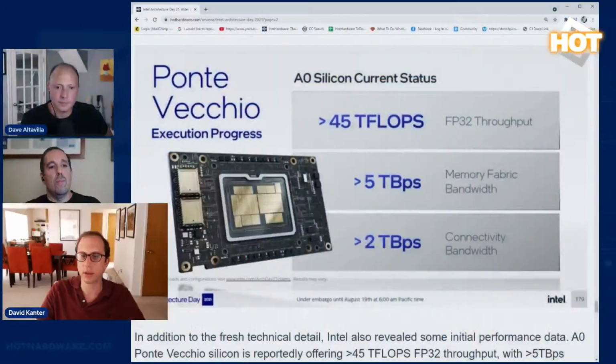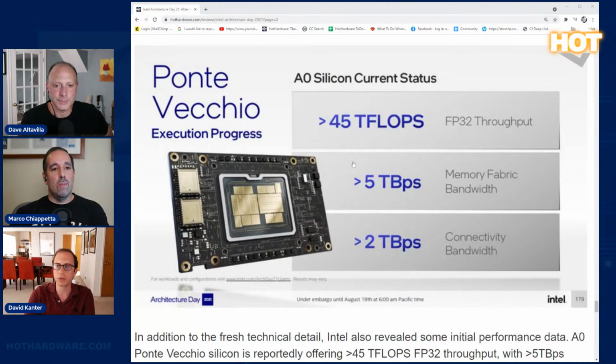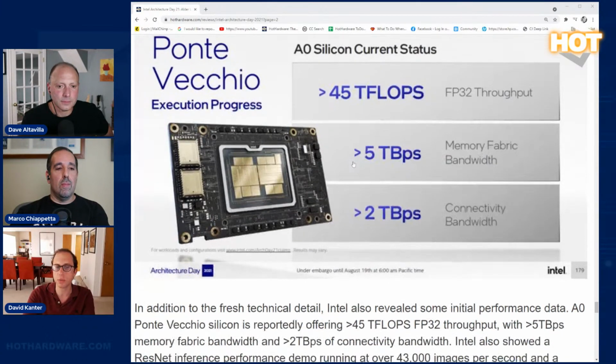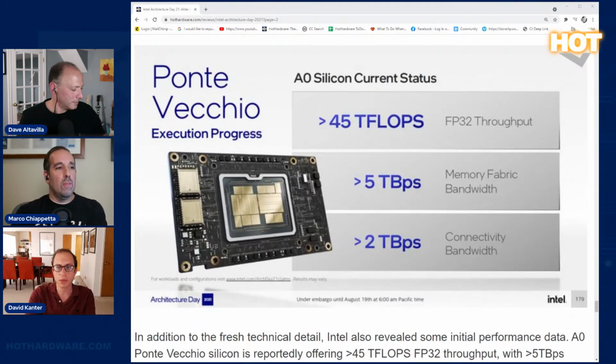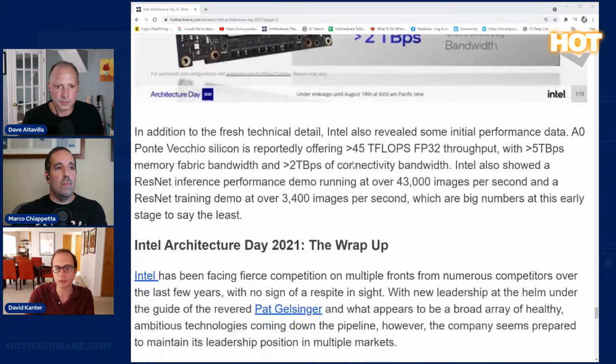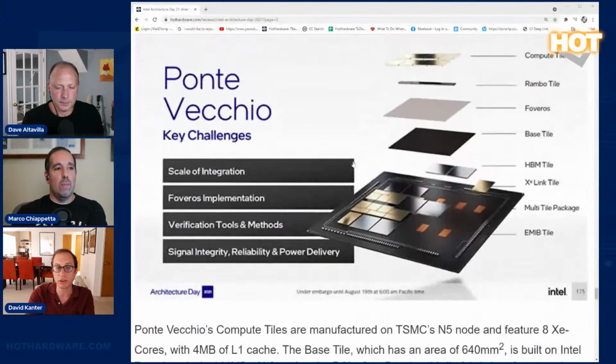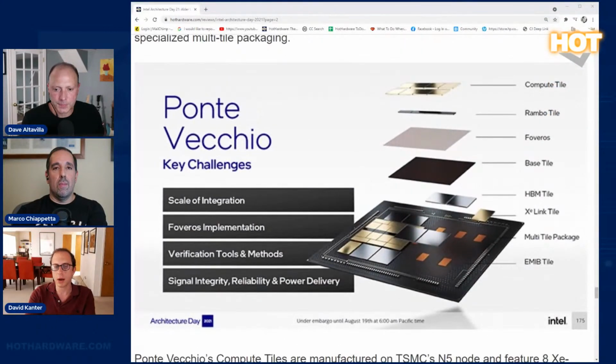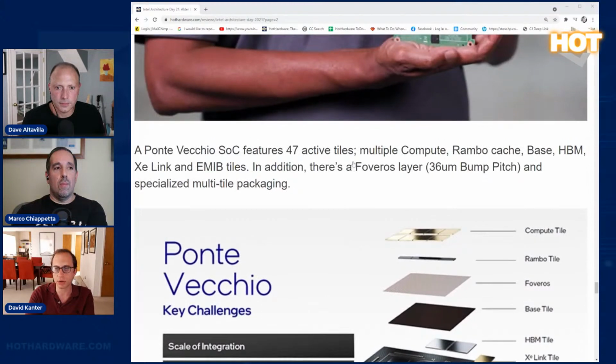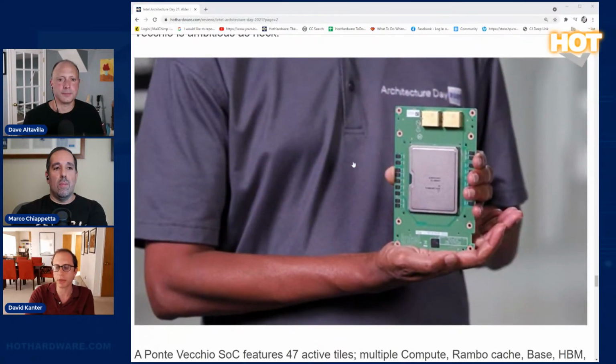So I think HPC is absolutely the low-hanging fruit, the easiest one to approach. But if you look at the matrix units, those are handling bfloat16, which is great for a lot of machine learning. It handles FP16, which is often good for vision applications of machine learning. So I think it could potentially be enabled there. But again, that's really a software question.